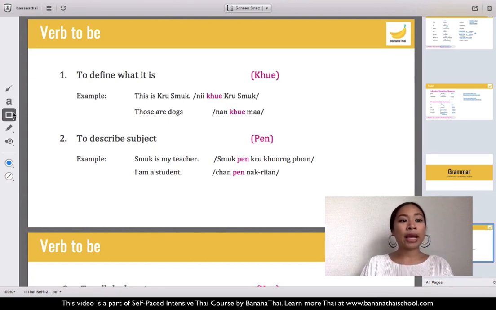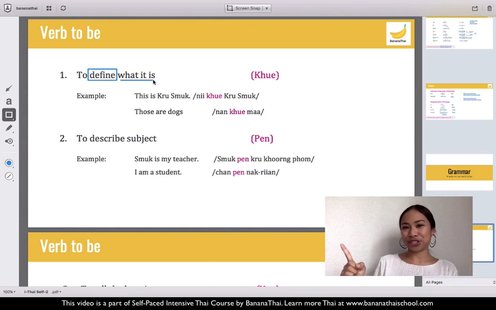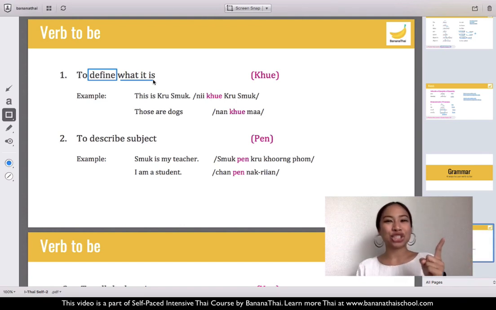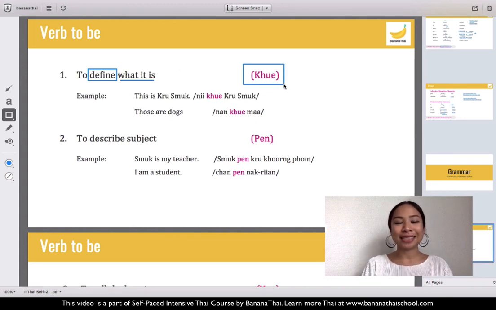The first way, if you want to define what it is, basically you tell what it is. For example, this is an apple. This is Susan. That is my house. These are my children. These are examples to define things. So you will use the word คือ. Say it out loud together. คือ